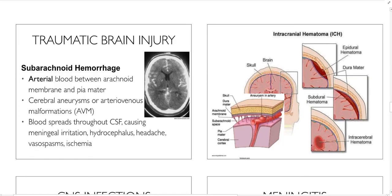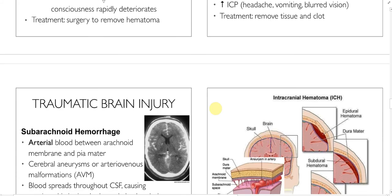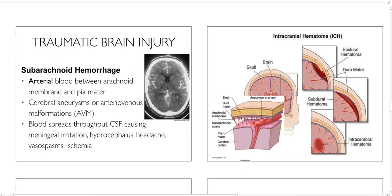Next we have our subarachnoid hemorrhage, or blood bleed, or hematoma. Subarachnoid hematoma. This is one of the scarier ones because this can occur from nothing that anyone actually ever does to themselves, from an external factor. This is going to be an arterial bleed that also comes on quickly, and this comes from oftentimes cerebral aneurysms